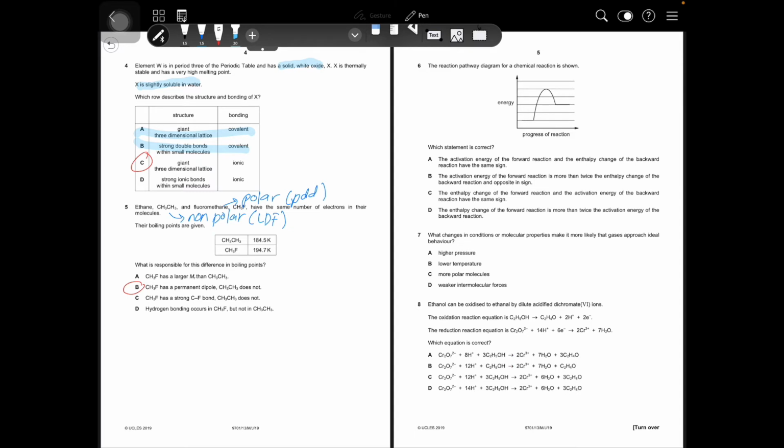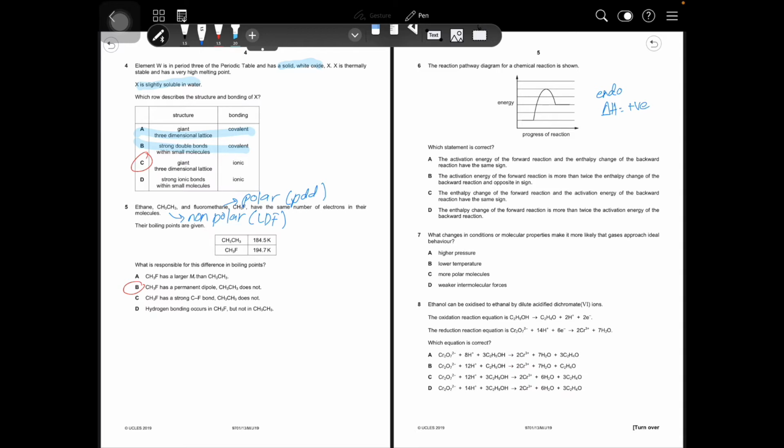The next one, the reaction pathway diagram for a chemical reaction is shown. Which statement is correct? You can see here, since the product has higher energy compared to the reactant, this is an endothermic reaction, hence the delta H will be a positive sign. So the activation energy of the forward reaction and the enthalpy change of the backward reaction have the same sign,